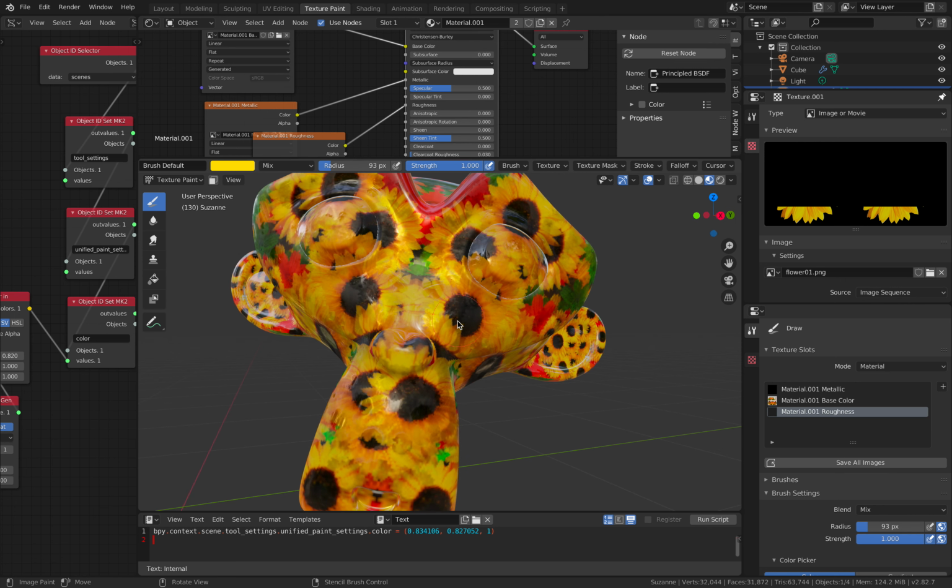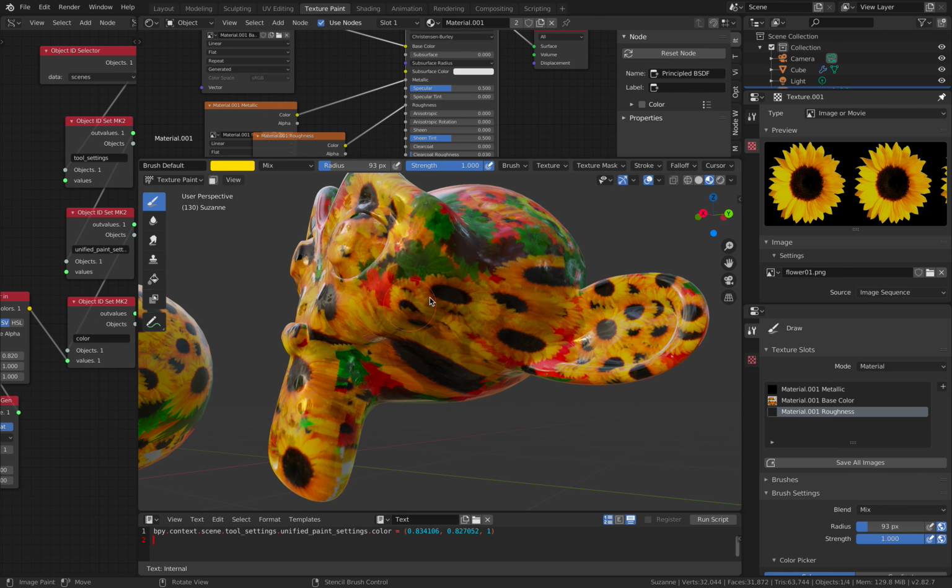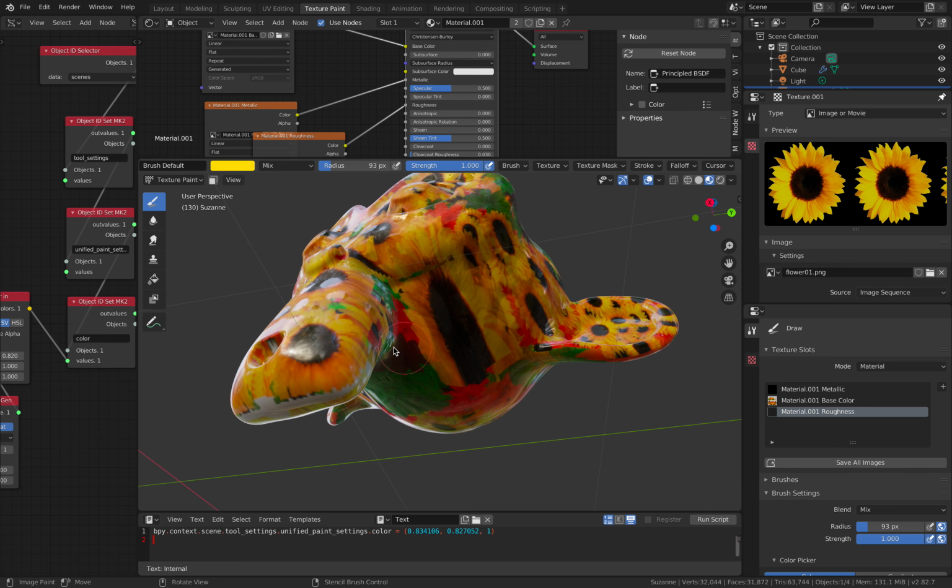But yeah, I think this could be surprising for non-3D artists, but still it's something that you have to know